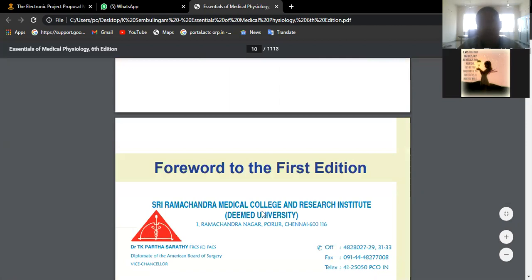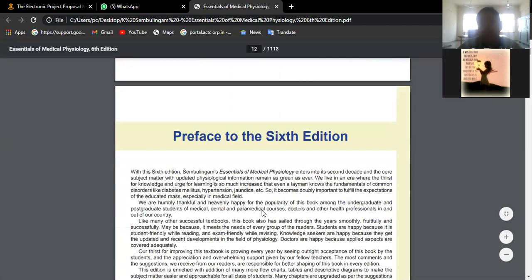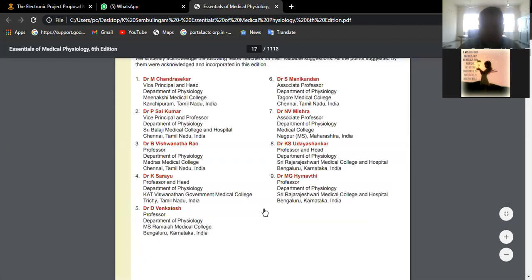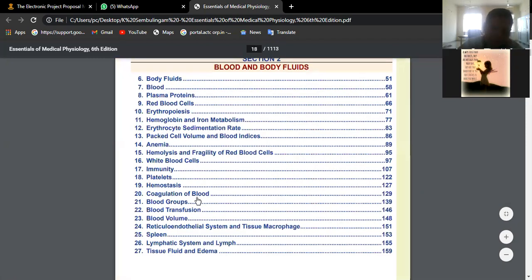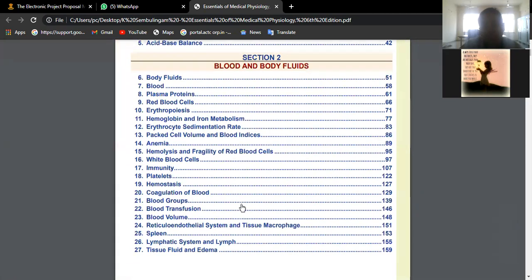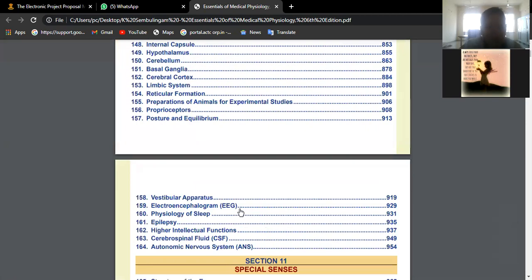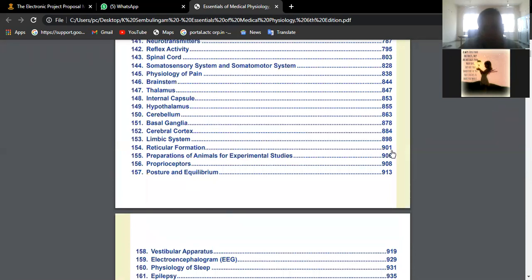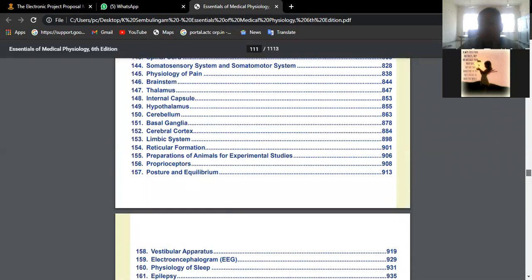Reticular formation is nothing but a diffuse group of nuclei which you see in the brainstem. A collection of the gray matter containing nuclei within the brainstem. That is reticular formation. Okay, we'll go into the CNS chapter, page 901.